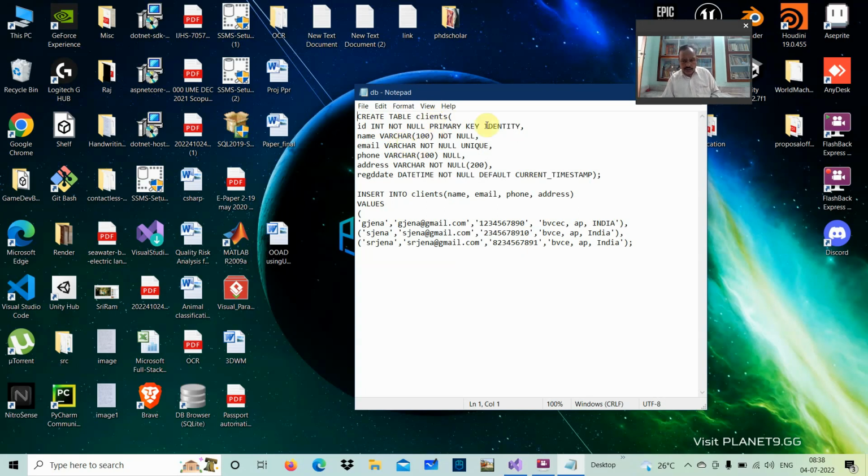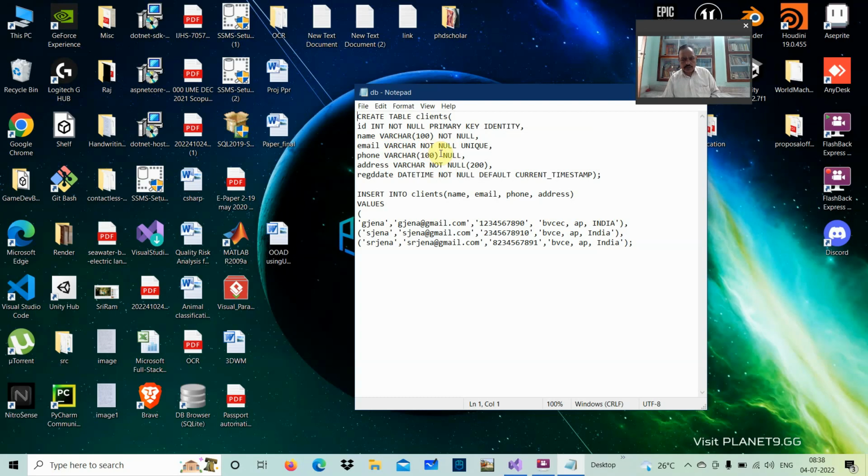ID integer not null, primary key identity, because the ID number will automatically increment, so I have defined it as the primary key. Name varchar 100 size not null, email, phone, address, registered date. The phone number may be null; you may or may not provide a phone number. Similarly the address may or may not be provided, but you put email and phone number as null.